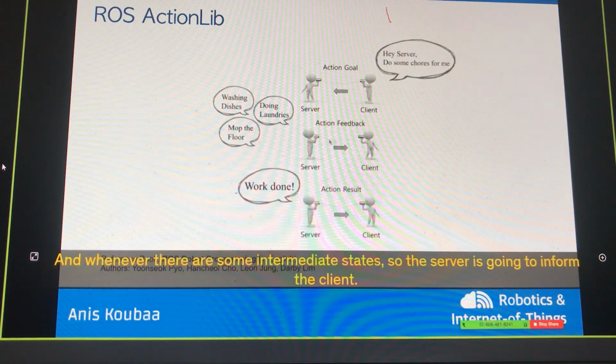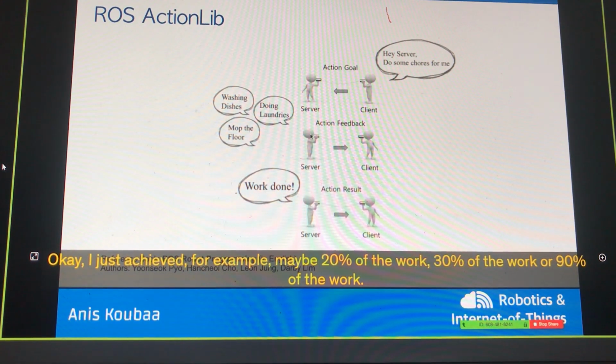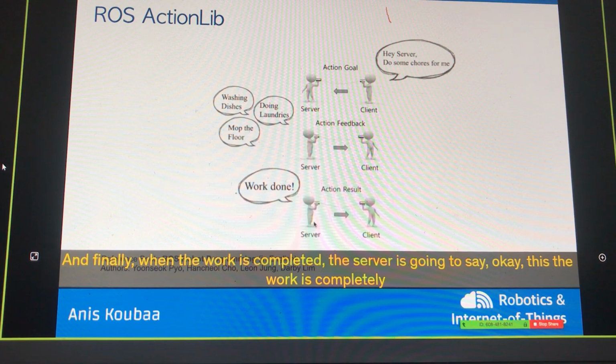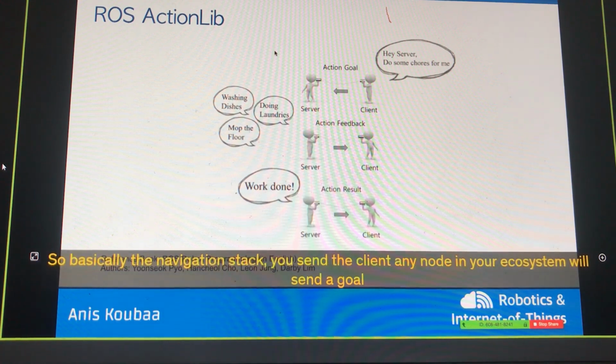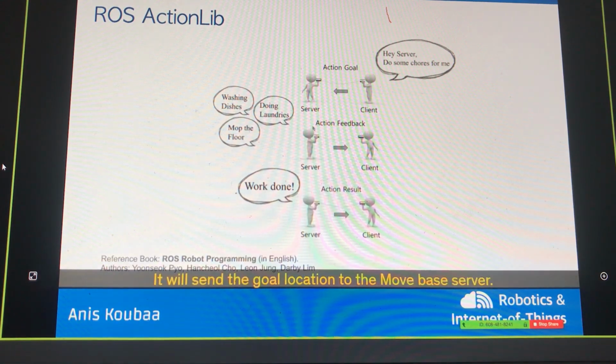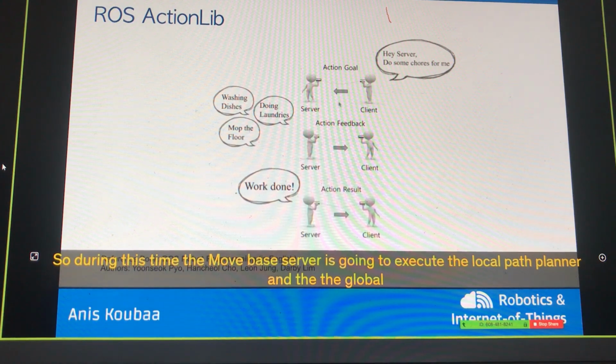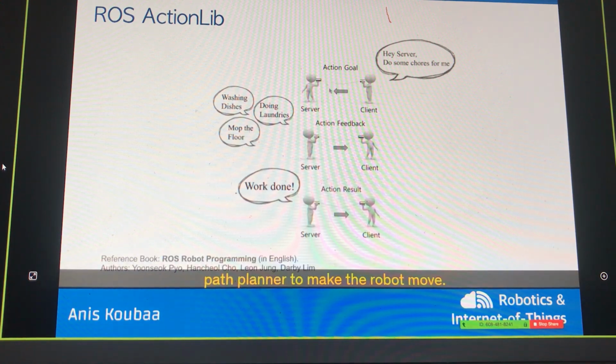Whenever there are some intermediate states, the server is going to inform the client, okay, I just achieved, for example, 20% of the work, 30% of the work, or 90% of the work. And finally, when the work is completed, the server is going to say, okay, the work is completely done. An example of actionlib is move base, which is the navigation stack of ROS. Any node in your ecosystem will send a goal location to the move base server. During this time, the move base server is going to execute the local path planner and the global path planner